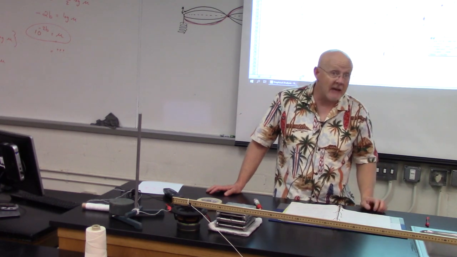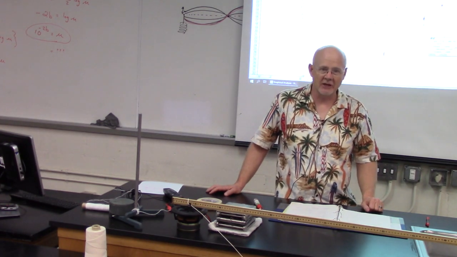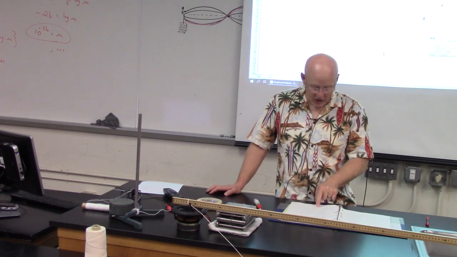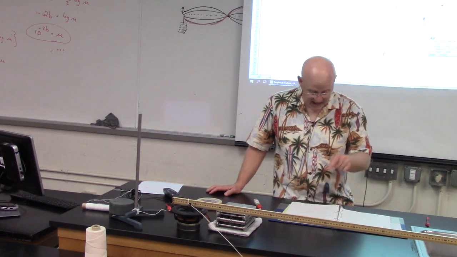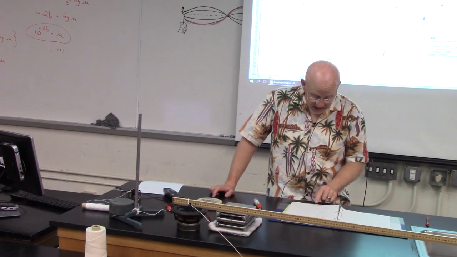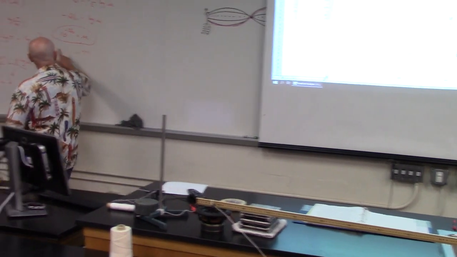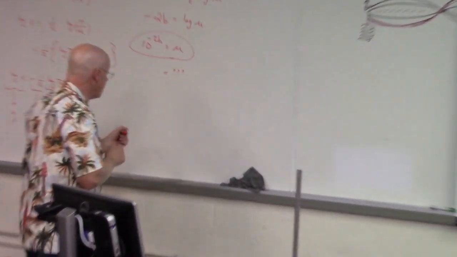We didn't think ahead and say, well, we're going to run out of string someday and we're going to have to buy new string. And what are the odds that we're able to get the same type of string? And we don't have the same type of string. So we should have never put it in there. And so just know that this is old data, okay? Your mass densities will not come out to these values. Also note that the ones listed are in grams per meter. You are doing things in kilograms. So do expect something like this,